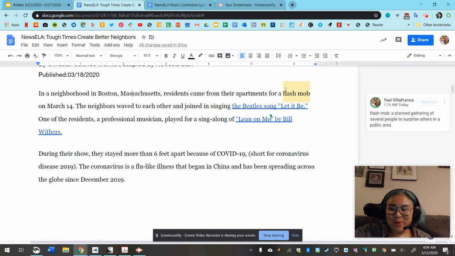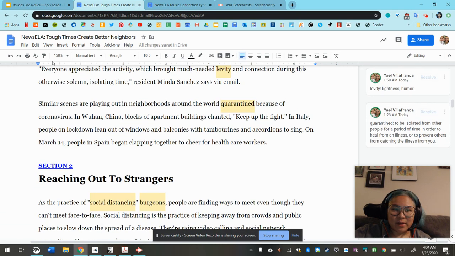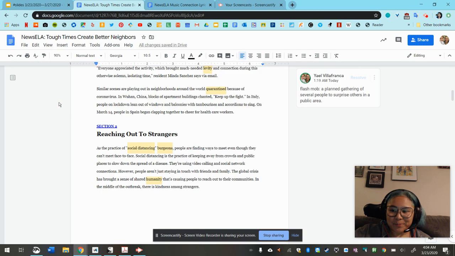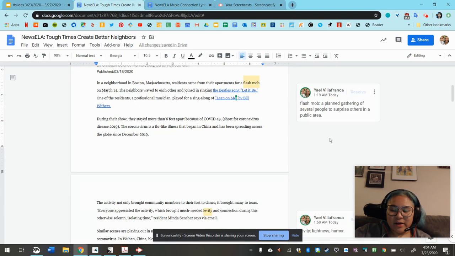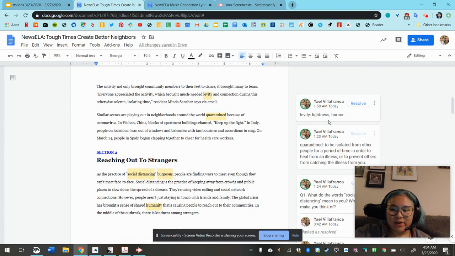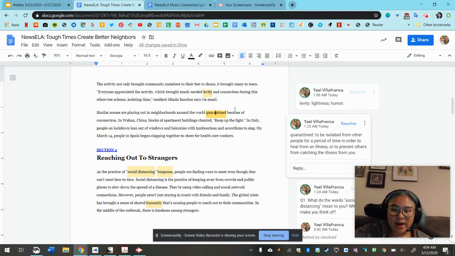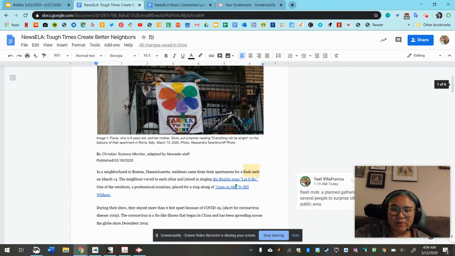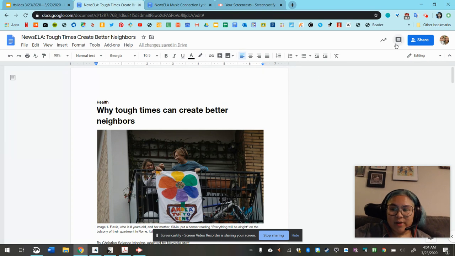You get the idea. Just so you know, throughout this whole entire document, if I just zoom out, let me show you, I have gone through and commented on certain vocabulary words that you need to know in order to understand the meaning of the sentence. And those are in yellow, which is why I don't want you to use yellow when you're doing your own annotations. If you look up here in the upper right-hand corner of the app, there's going to be a button